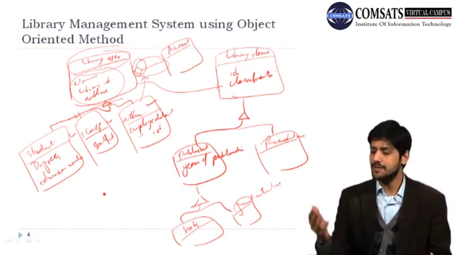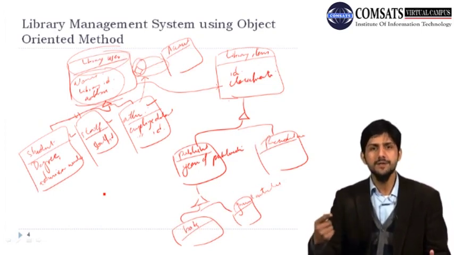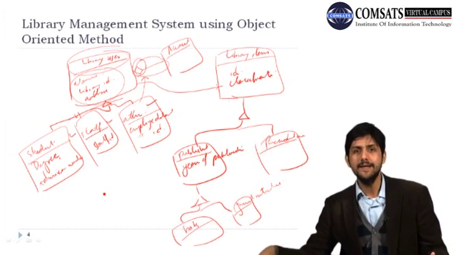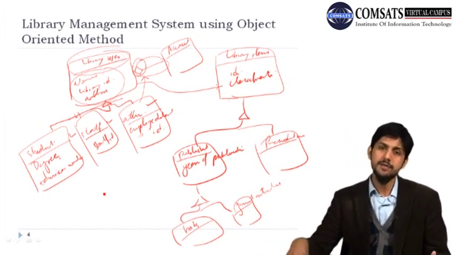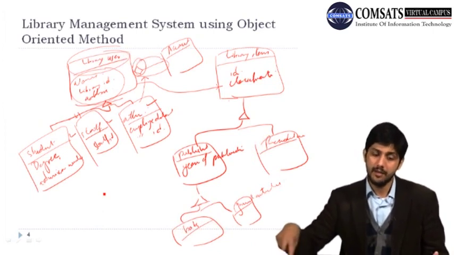We started off with identifying the objects or the classes. Then we asked, what are the attributes of these different classes? And then we started identifying different operations of these classes. And then we started to describe how these classes are related to each other. What is the relationship between a library user and a library item, library user and an account,